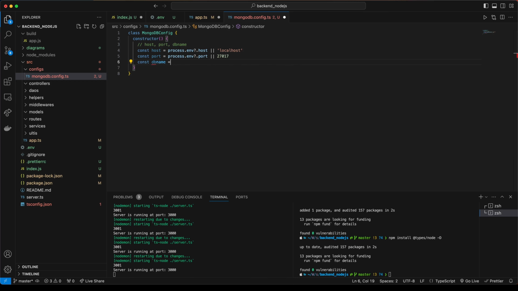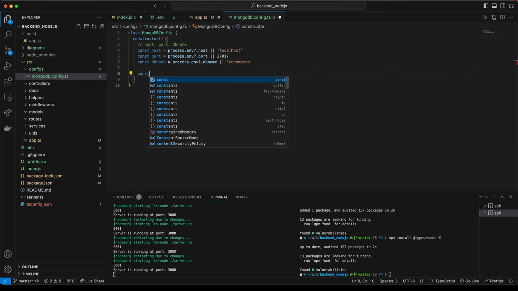DB name, process.env dbname, default e-commerce. Okay, and now we need to declare a